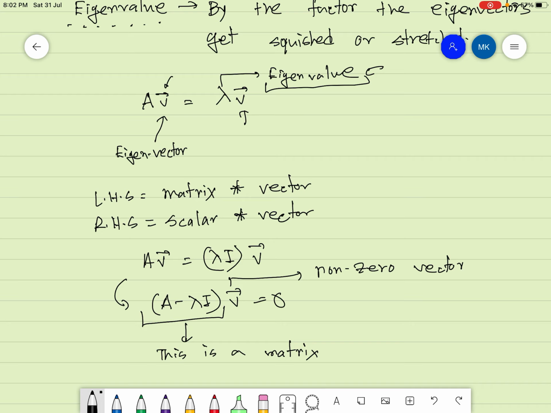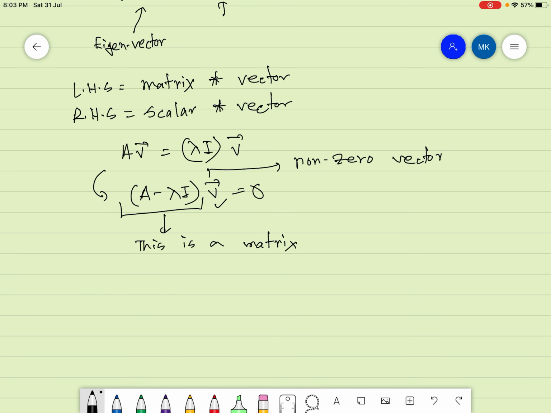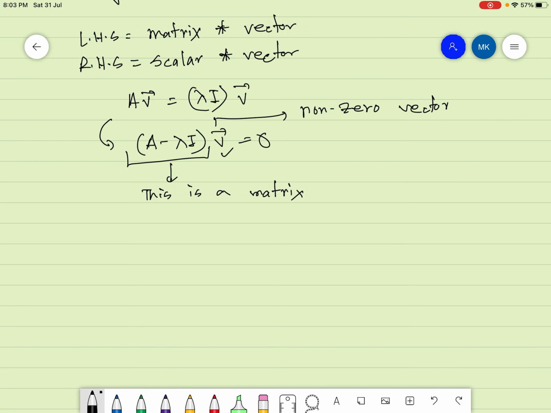So we basically assume that this V is not zero. So this is a non-zero vector. So as this is a non-zero vector, this matrix A minus lambda I is such a matrix that squeezes the space of this non-zero vector into a lower dimension,